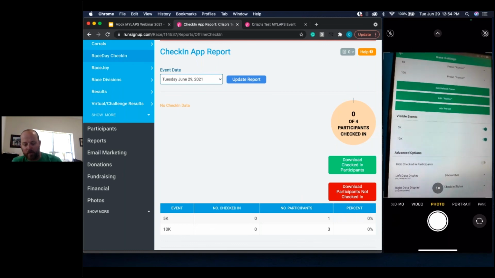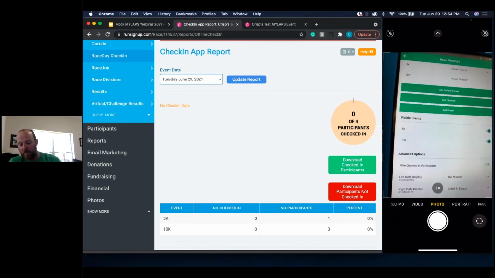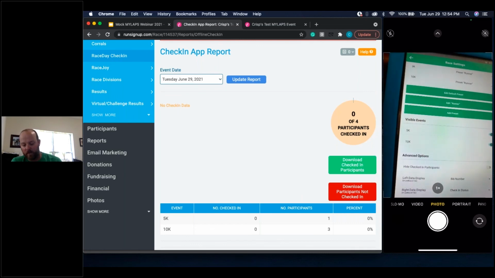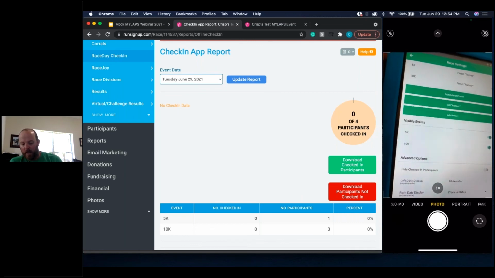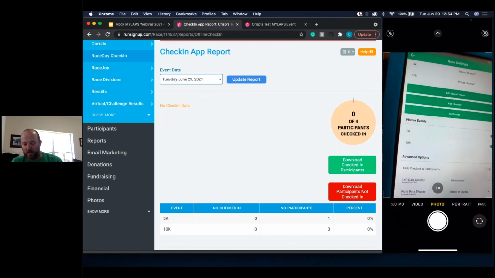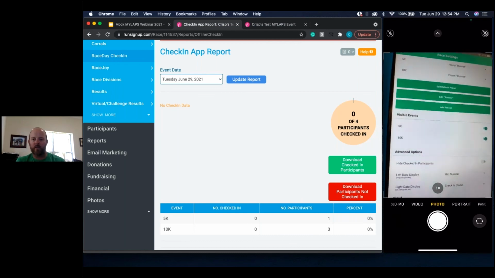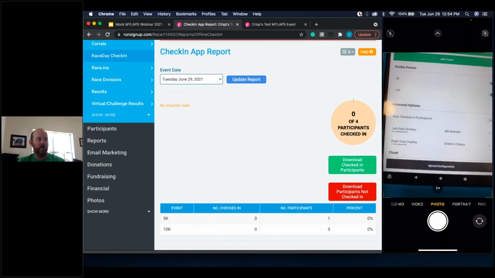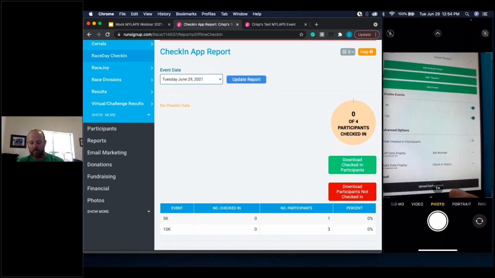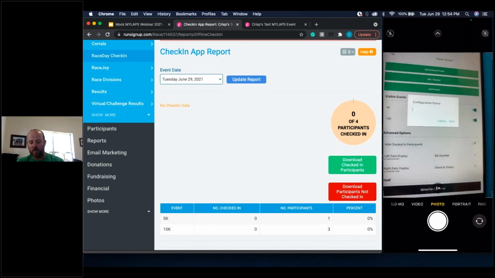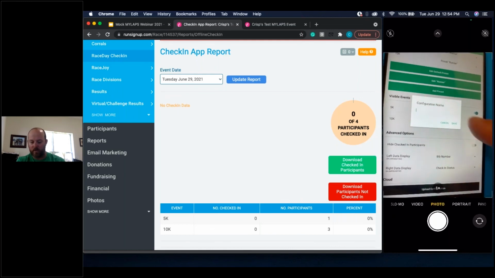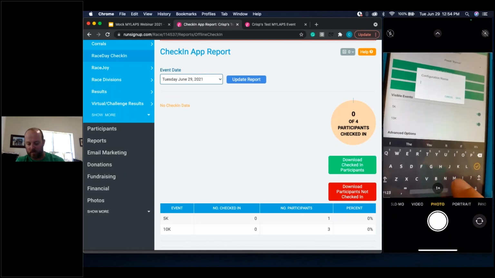So hide checked in participants. A lot of folks do this because they have tons of participants. They don't want to search for people that have already been checked in. And then bib number and check-in status are in there as well. So the way you don't need to do this for every single device that you're using for check-in is you click upload configuration. And if I just call this